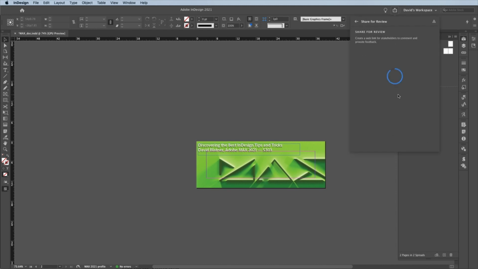Now, InDesign is doing the same kind of thing. It's taking this whole document and uploading it to a website on the Adobe servers, and then it gives you a URL down here. You can even add people to this. You can invite people to edit it. Not edit it, but to comment on it. That's the key here. In this case, I'm just going to click on the URL here,